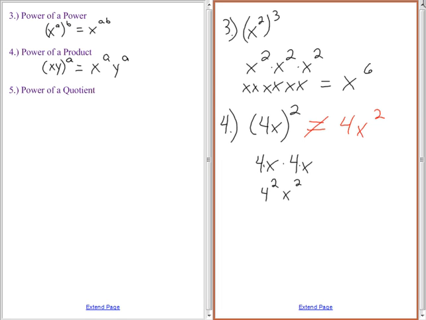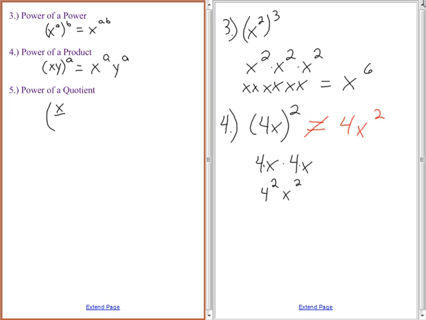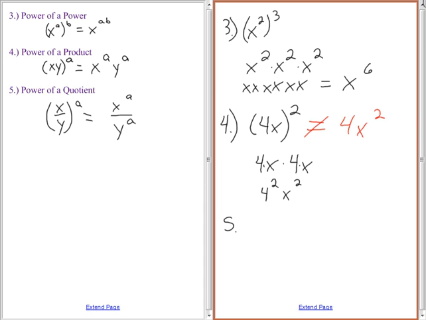My 5th property is power of a quotient. For power of a quotient, it's x over y to the a. Same process as power of a product. Numerator and denominator both get the exponent. Reason being, for property number 5,